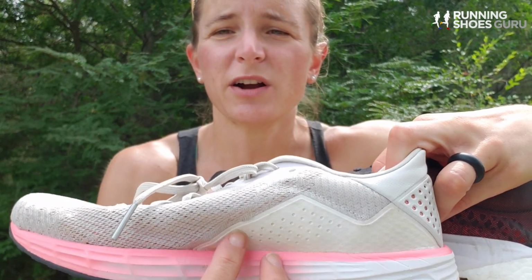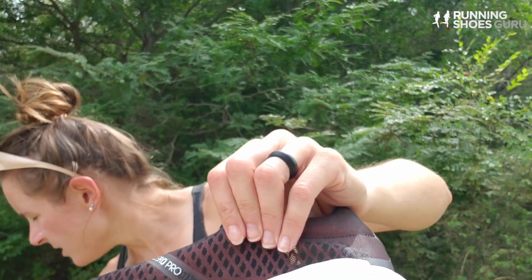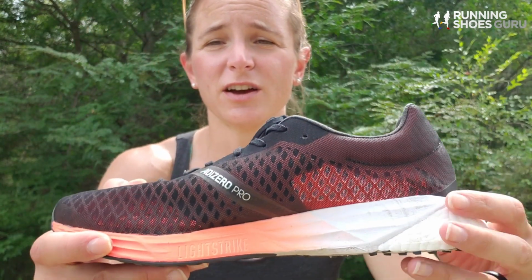This was the loosest part of the SL20, where the upper sort of had some slack, but it was nice and tight above the arch in the Adizero Pro. Now I'm gonna tell you about that